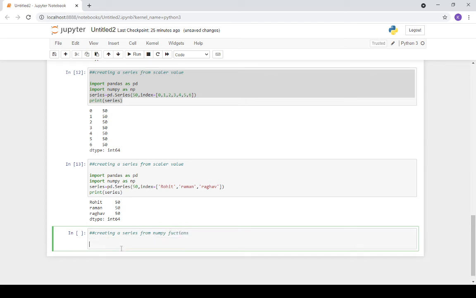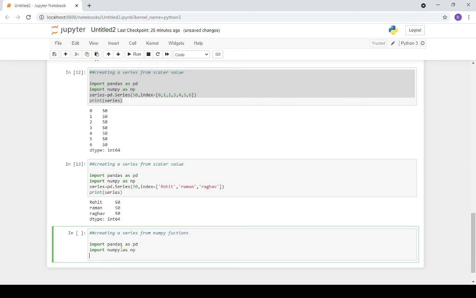What you have to do is import pandas as pd, and then import numpy as np. Once you go with that, you just create a series.